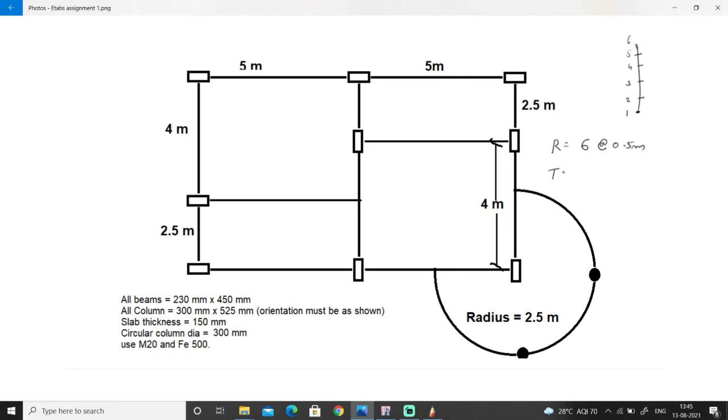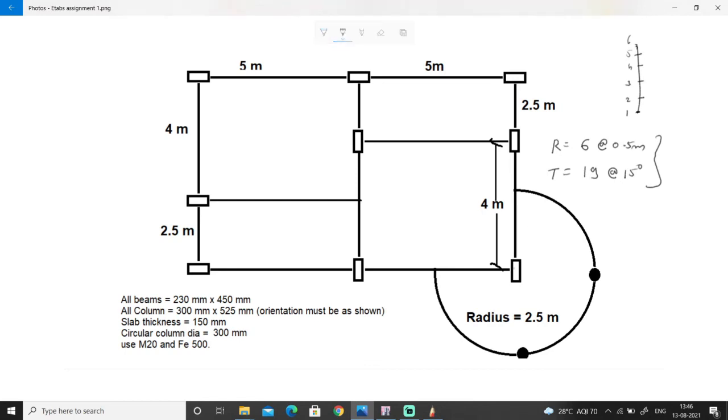Then what about T lines? If I am dividing the segment by 15 degrees, then in a three quarter circle I'll be getting 18 segments, and 18 segments plus 1, that is 19, at a spacing of 15 degrees. So I just have to input this data. Okay, so this is done.